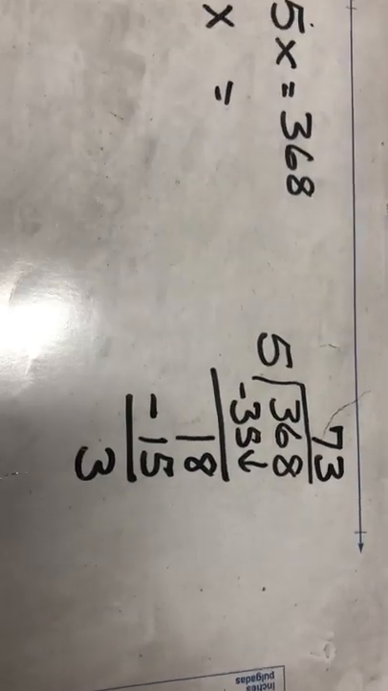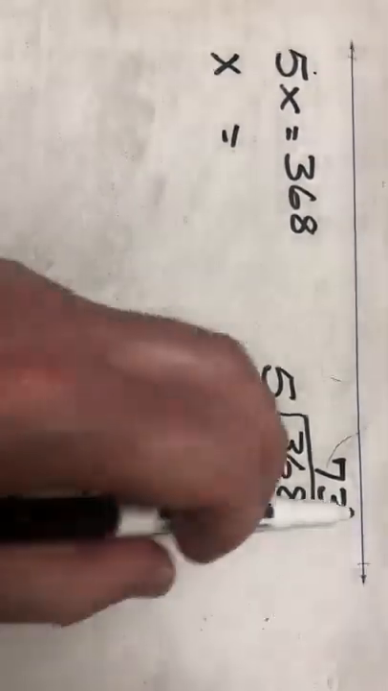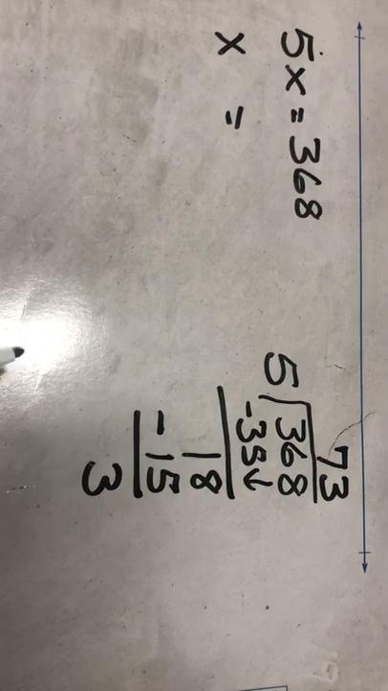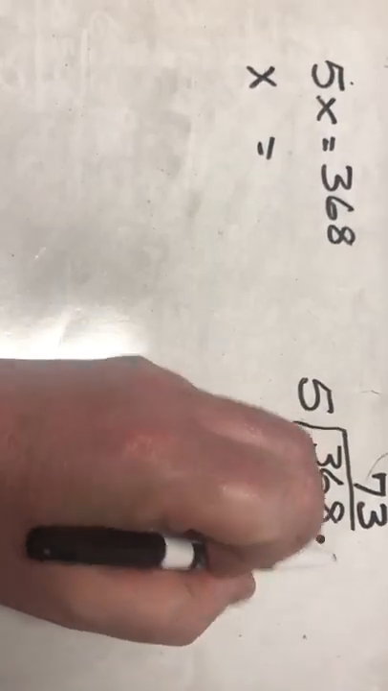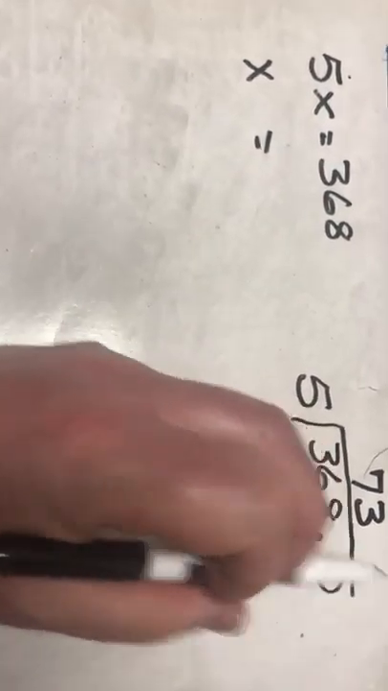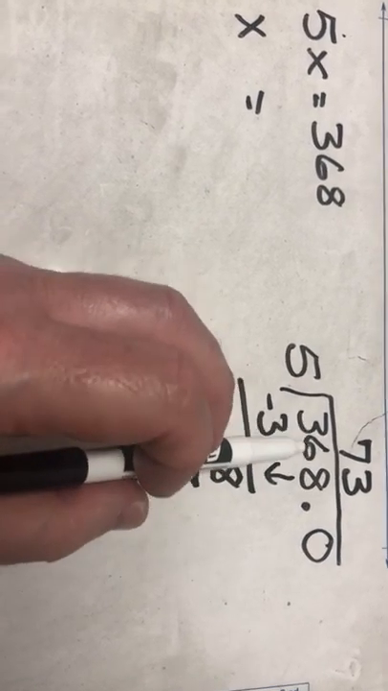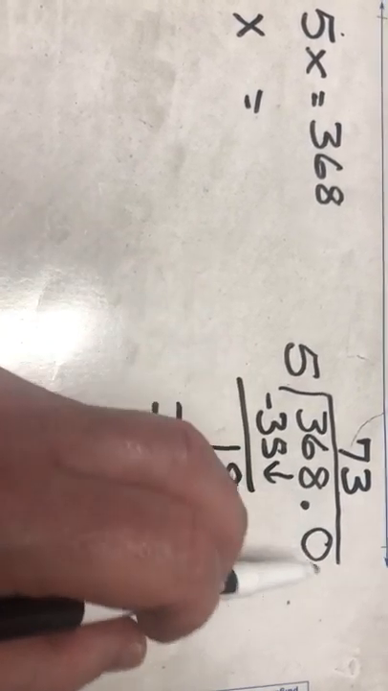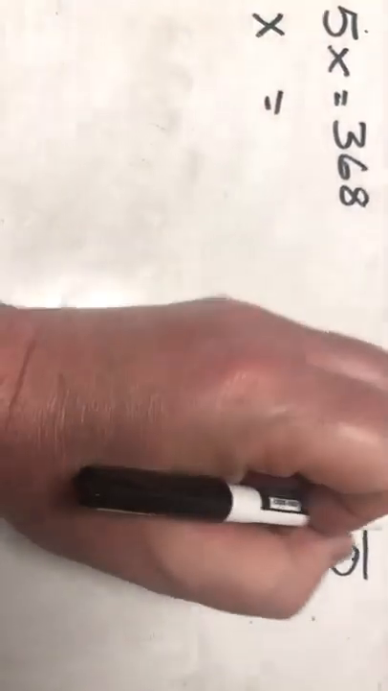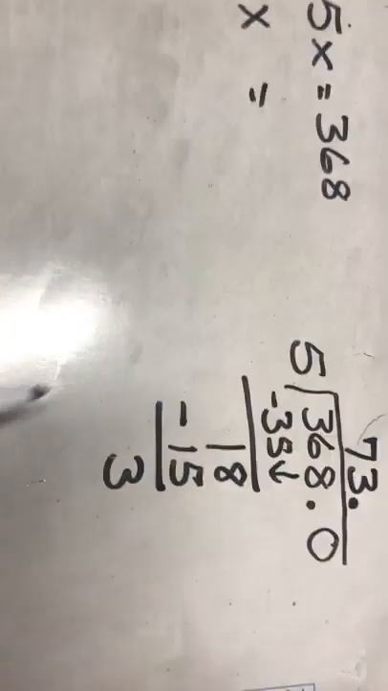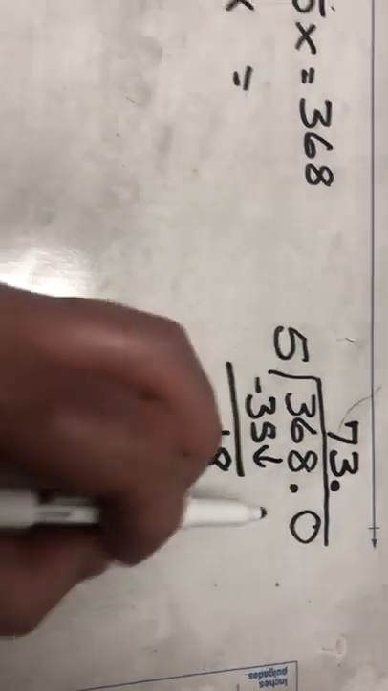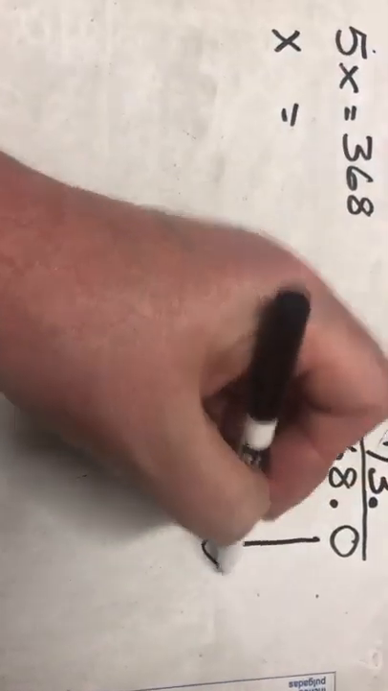I can't end up with a remainder. We aren't going to say that x equals 73, remainder 3. We're not going to do that. I handle that by adding a decimal and a 0. I have not changed the value of the 368, because 368 and 368.0 is the same thing. But I'm going to take this decimal and put it straight up, and there's going to be a decimal in my answer. I'm going to have to bring this 0 down,